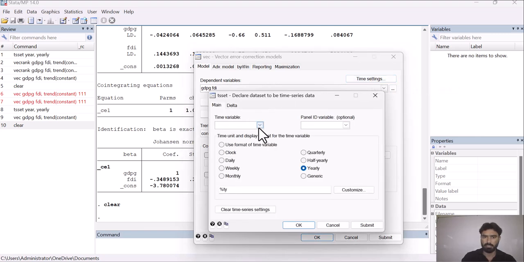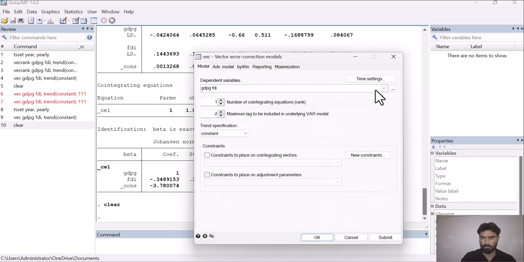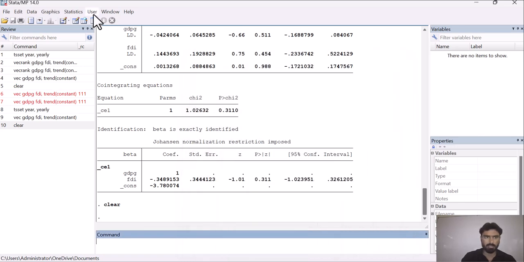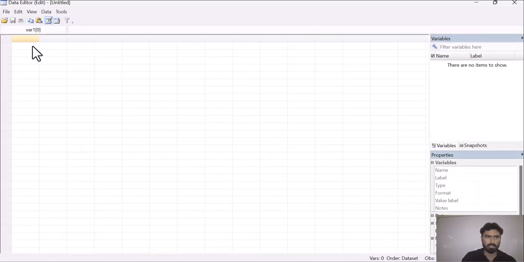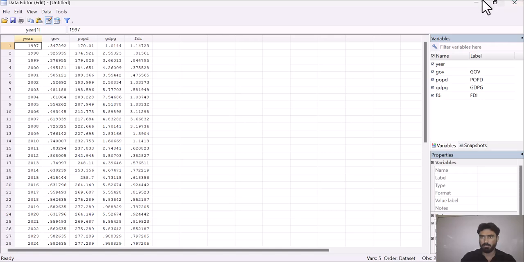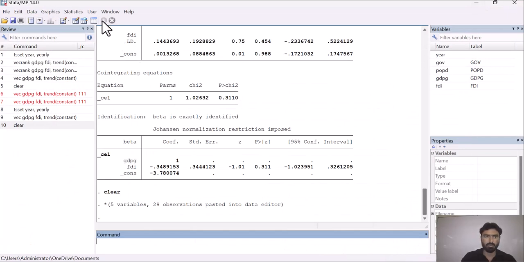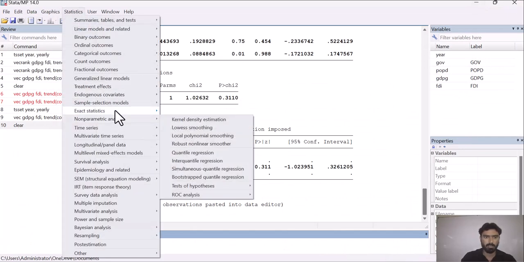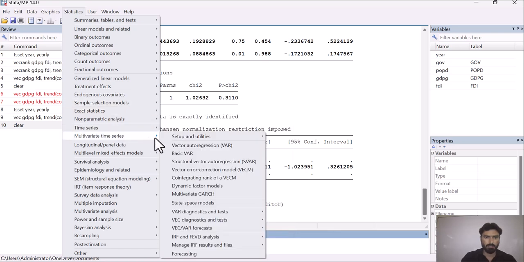Here you have to select time variable as time. I think we have already cleared all the data set, so we have to paste all the data set again to the data editor. Here you can see that there is no data, so we have to copy paste our data again.